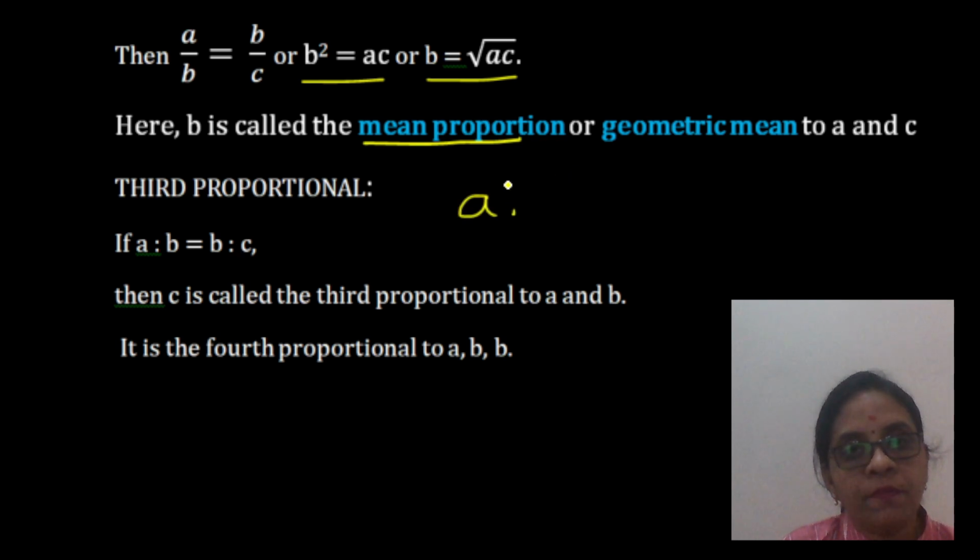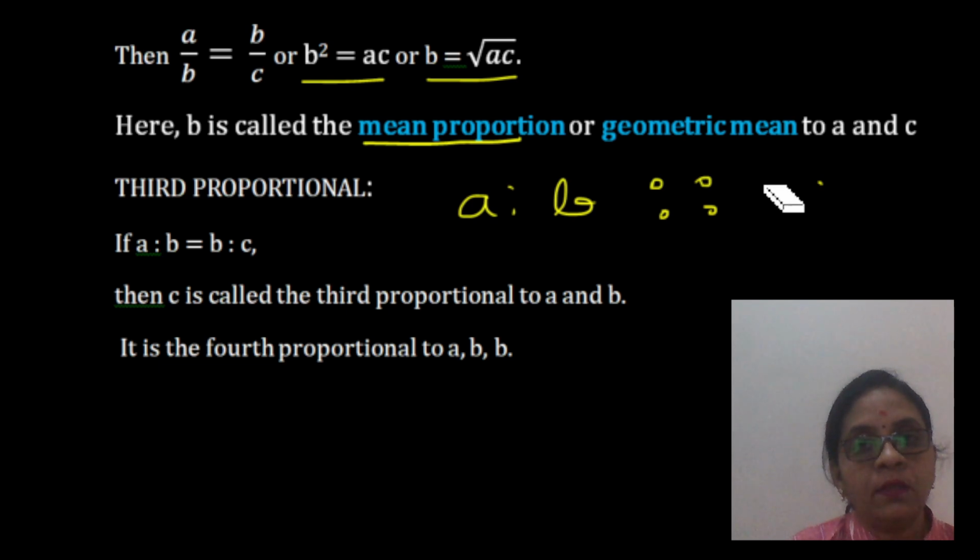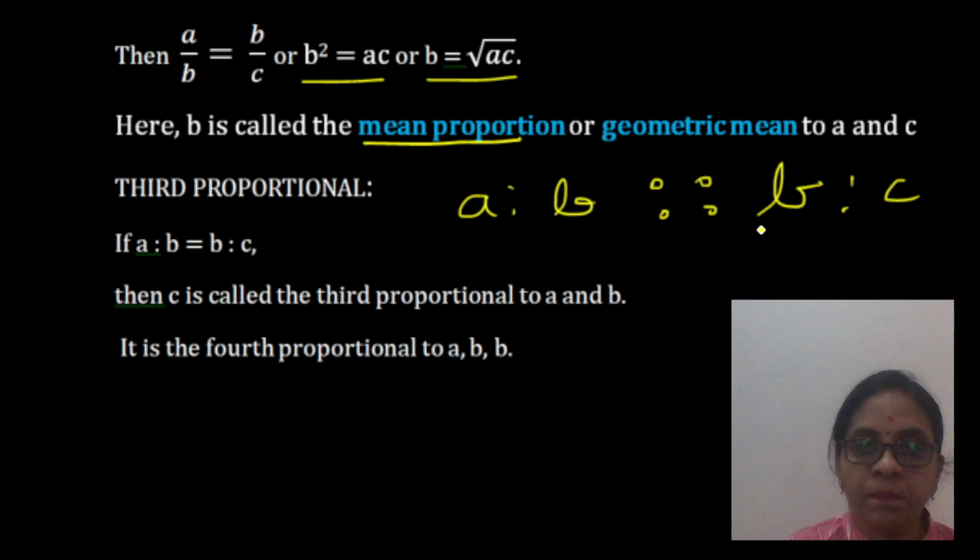Now, coming to third proportion. Children, I told you if A is to B as C is to D, what did we learn? We learnt that D is the fourth proportional to A, B and C. But if they are in continued proportion, that is if A is to B as, again B is to C. So, actually it is like the second rank shared by two people. Therefore, the fourth ranker becomes the third ranker, right? If in your class you have the first rank and you have the second rank and the second rank is